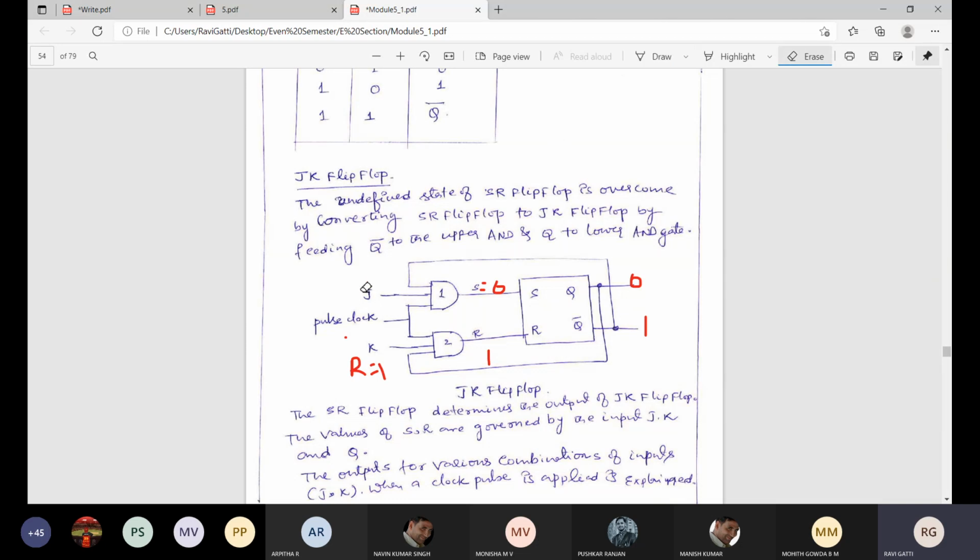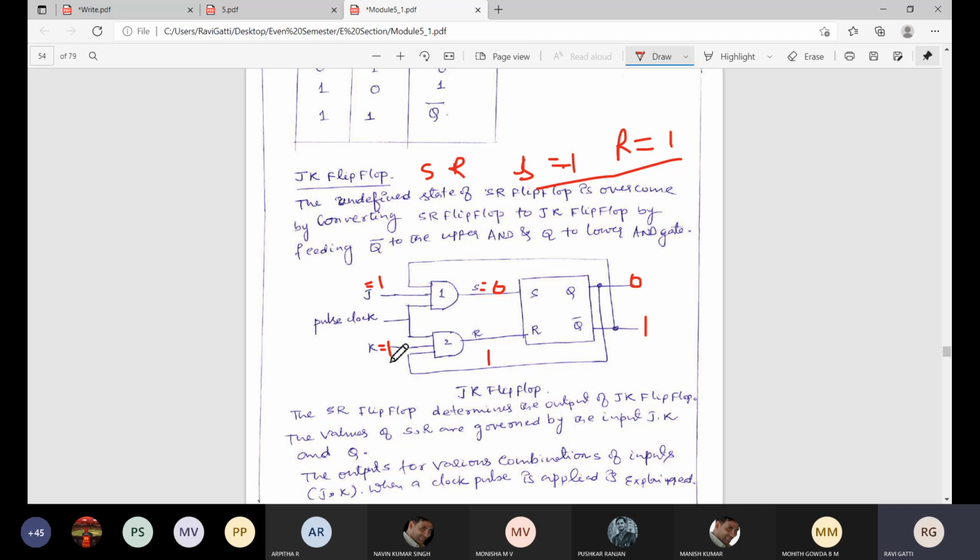Whatever you are using, this S and R, right? So it is holding, whatever I am saying, it is the JK flip-flop, right? It is working like the S and R flip-flop only, but with only one change. That is, when S is equal to 1 and R is equal to 1, there is quite a difference. So let us try to understand what is the output of this JK flip-flop when J is equal to K is equal to 1.